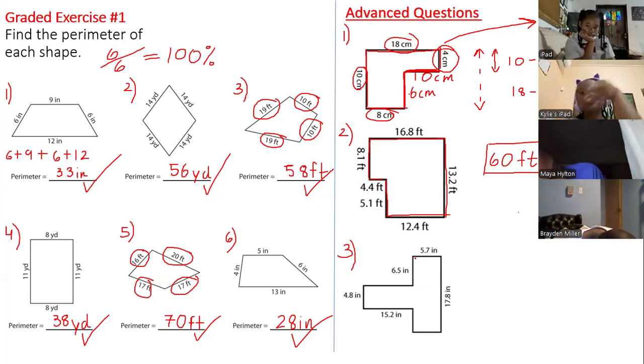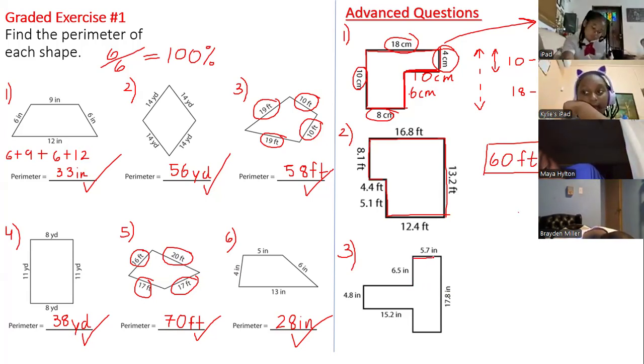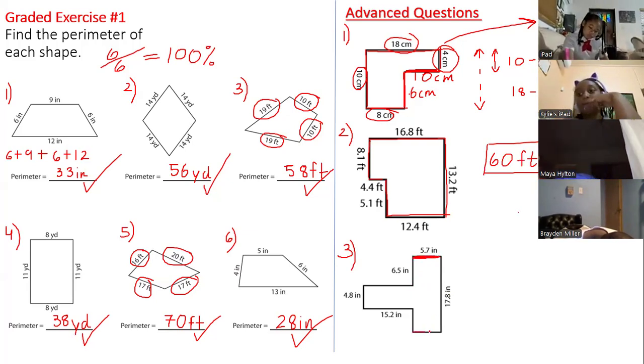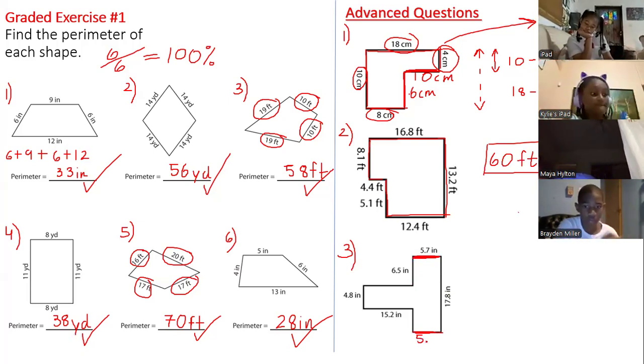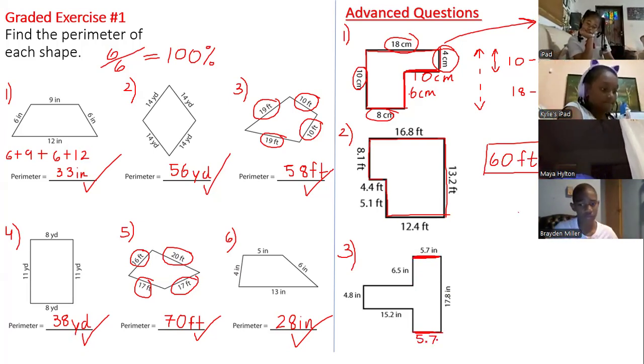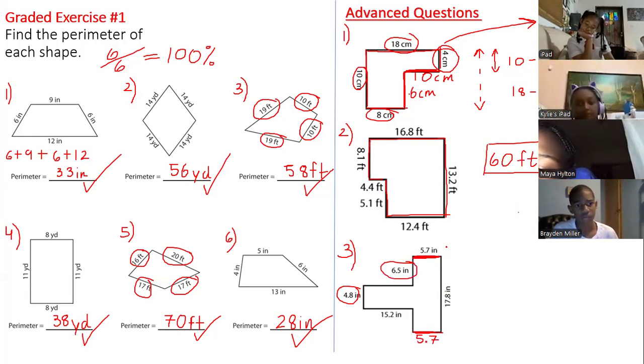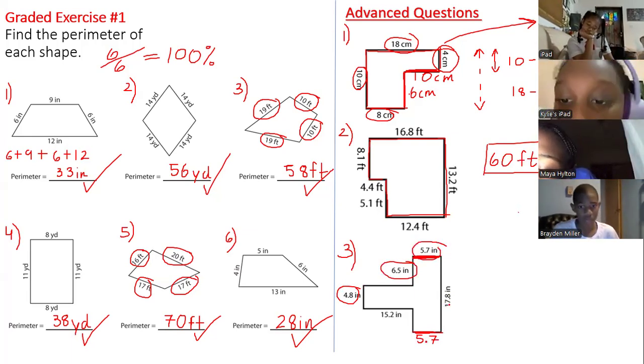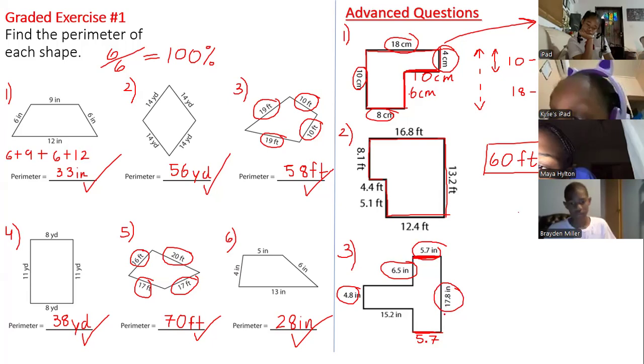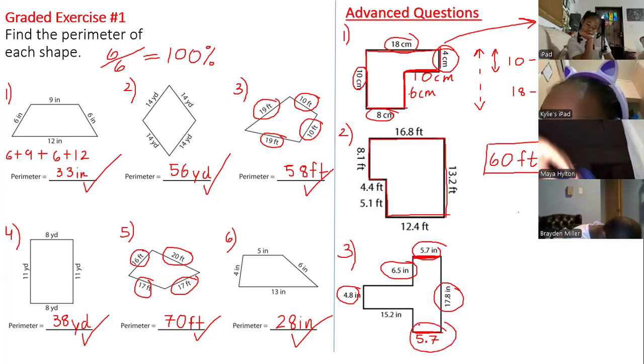If this one is 5.7, right? If we know that the top is 5.7, what must the bottom be? If these two are the same. 5.7 inches. Yeah, 5.7. So now we can add up all the sides. Since we have all the sides, we have 4.8 plus 6.5 plus 5.7 plus 17.8 plus 5.7 plus